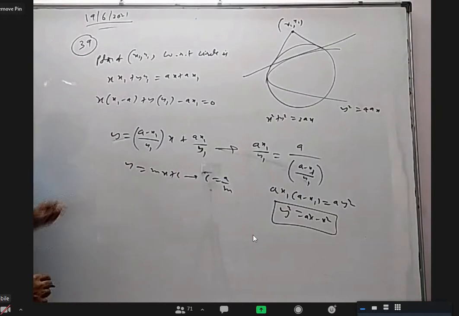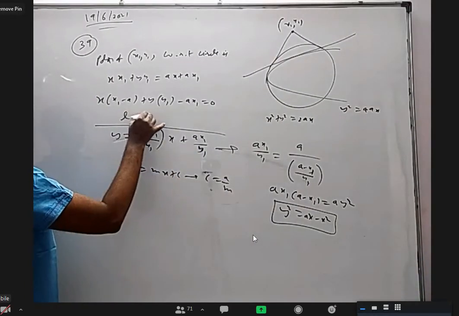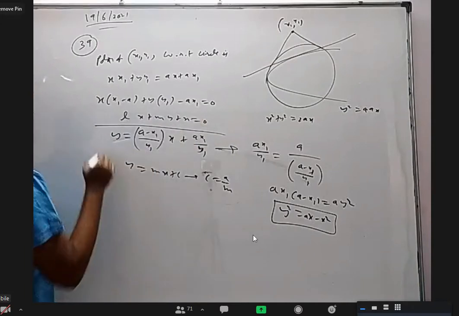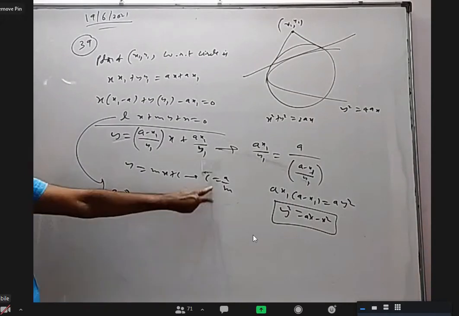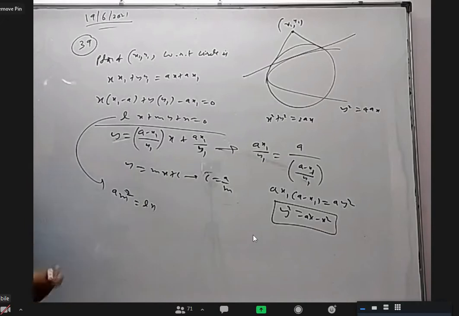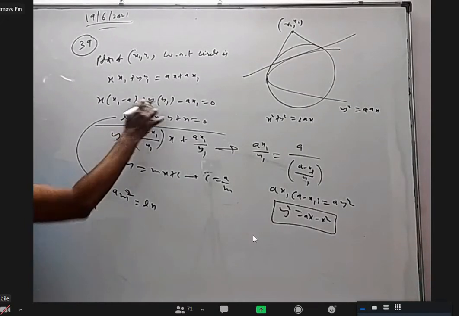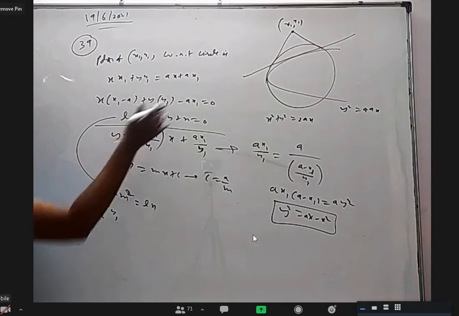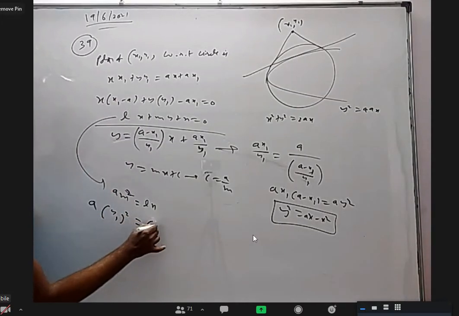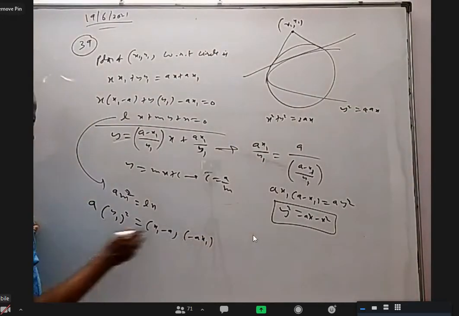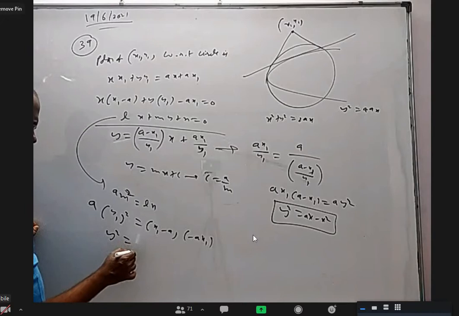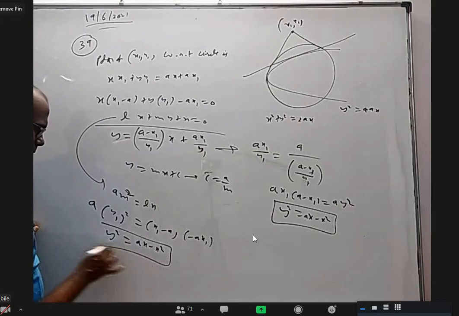If somebody wants to use the other form, you can write it as lx + my + n = 0. For a line lx + my + n = 0 to be tangent, the condition is a m square equal to l n. You cannot say I don't remember formulas. You have to remember it. Either this or both. If I use this, m is the y coefficient, it is not the slope here. L, m, n: I'll get y1 whole square, l is x1 minus a, n is minus a x1. A and a will cancel. We got y square = a x minus x square. Okay, so either this or this.